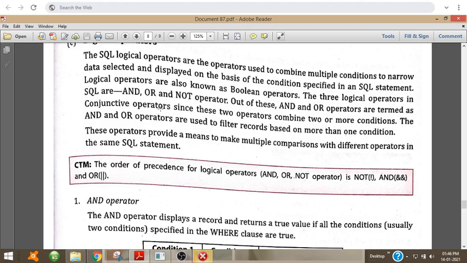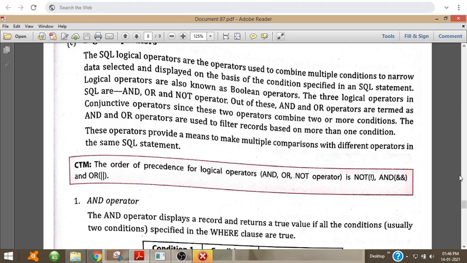The and and or operators are termed conjunctive operators, since these two operators combine two or more conditions.